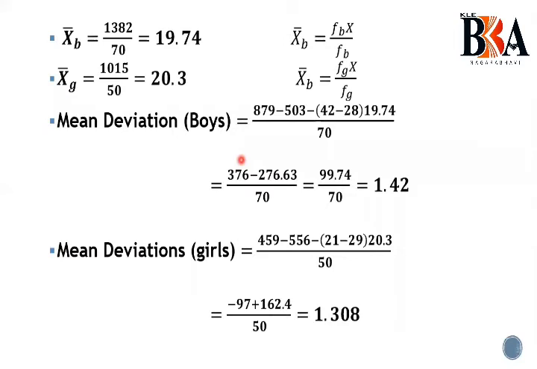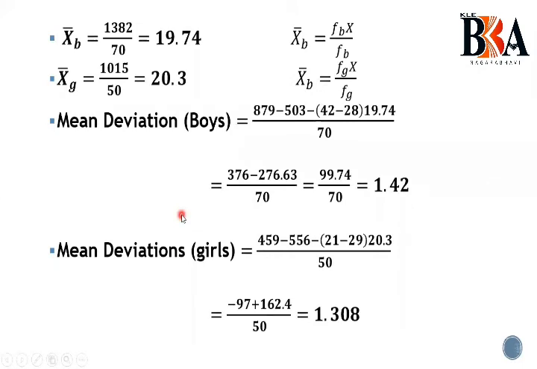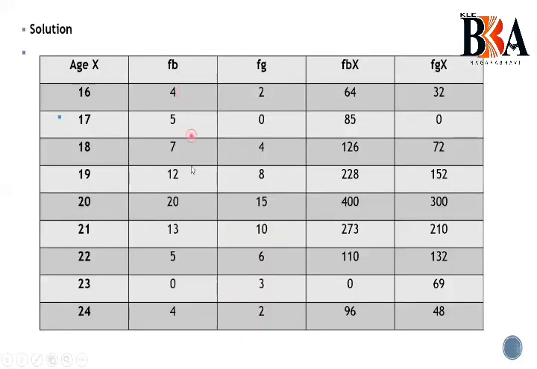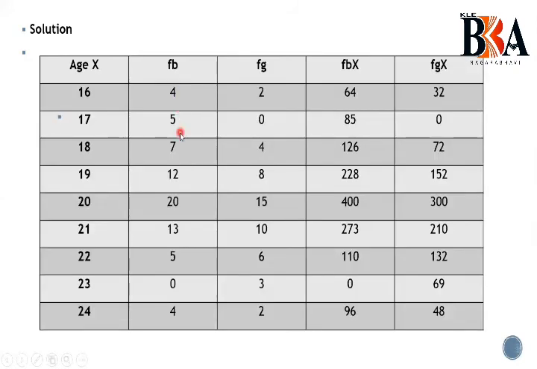Look here, 879 that is sigma fx1, 503 have already written in this, that is 502, that is sigma fx2. ಆಗುತ್ತೆ. 42 ನೋಡಿ ಇಲ್ಲಿತ್ತಲ್ಲ 42 ಇಲ್ಲಿಂದ ಇಲ್ಲಿಗೆ, this is the 42. Okay na, then this will be as 28. ಯಾವುದು 12 ಇಂದ 4 plus 5 plus 7 plus 12 will become 28.